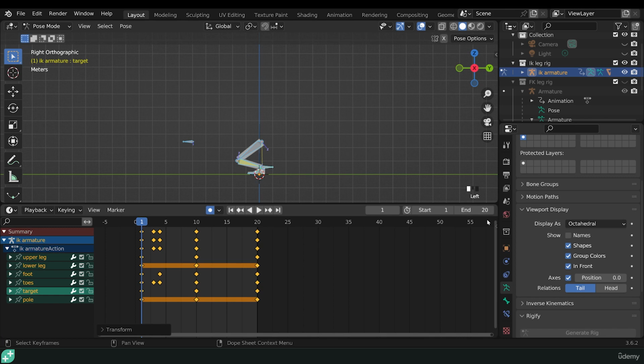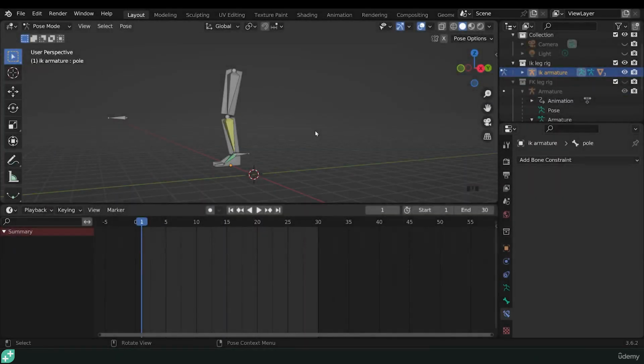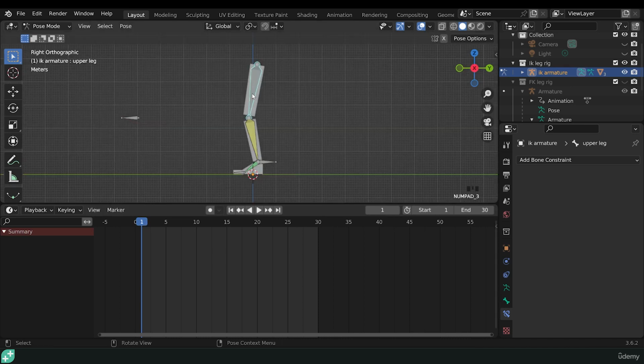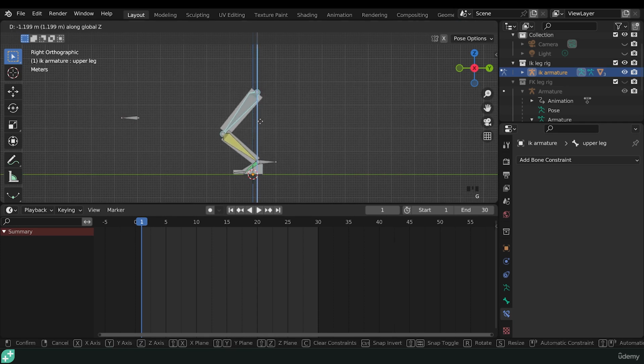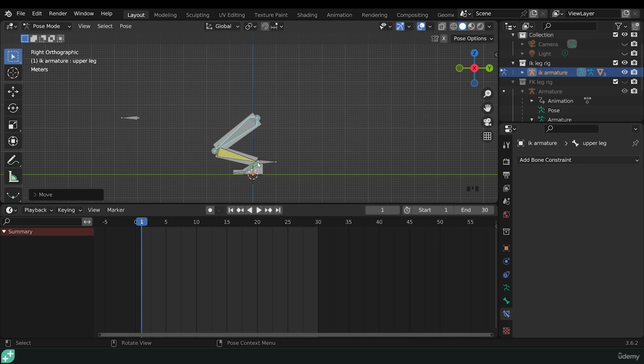In this lecture, we'll be animating our IK leg with a simple jump animation. Okay, so here's where we got up to last time, and it's time for animating. So I'll start at frame 1. I'll select my upper leg, jump to side view, G to grab in the Z axis. And what's great about this, I can bring this down and I don't have to sort out the other bones